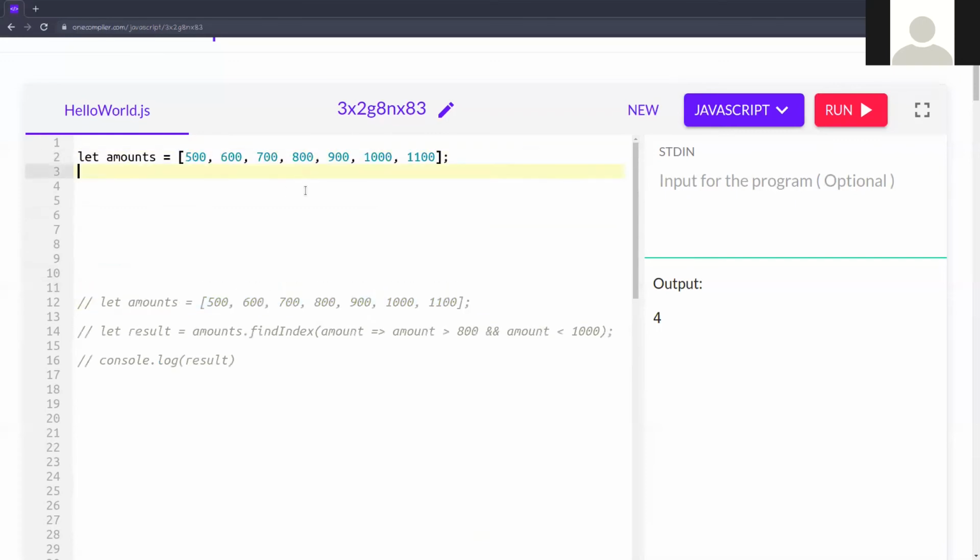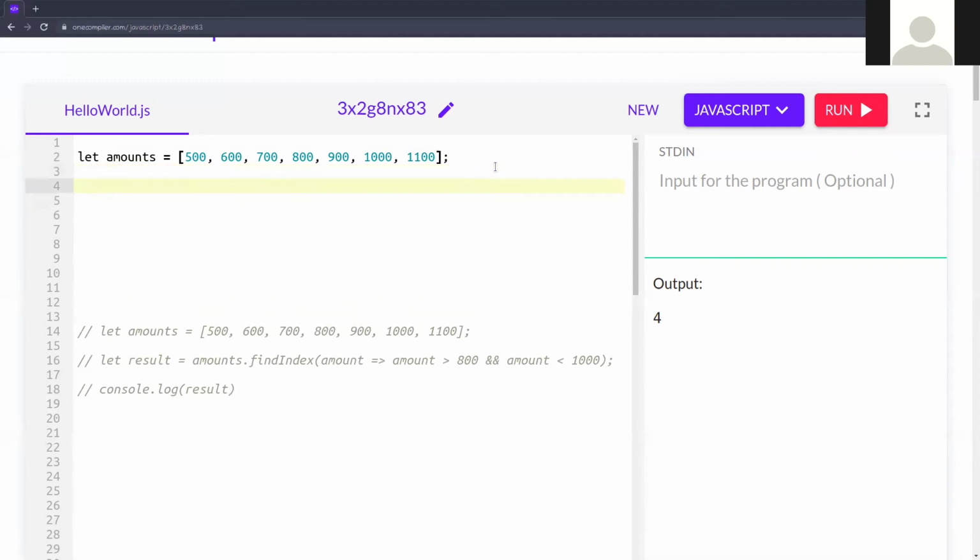Now I'm talking about another array method, that is copyWithin. Copy within is an interesting addition to the array function library in ES6. With it, you can copy values inside the array, just like the name implies. It takes a value from one index and places it in another. I'm giving the example here. This is my array. So amounts dot copyWithin.